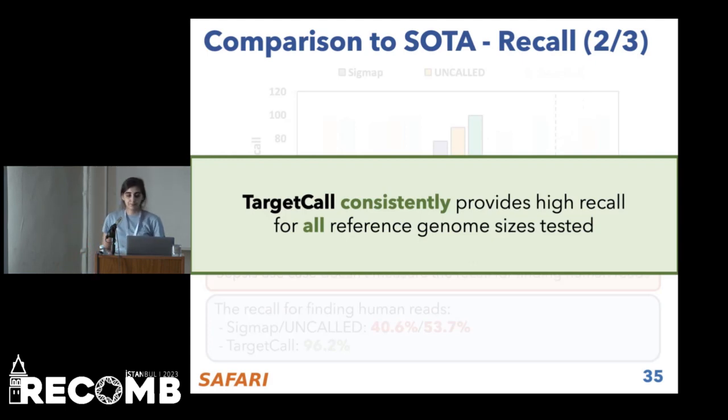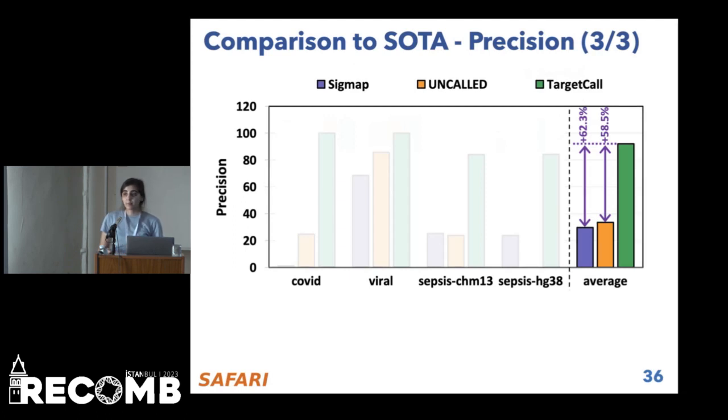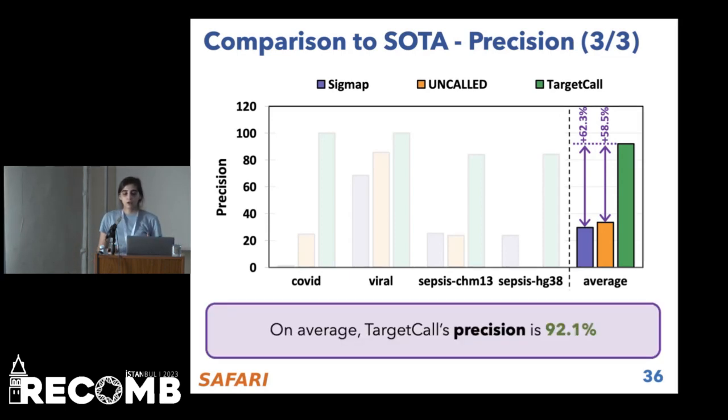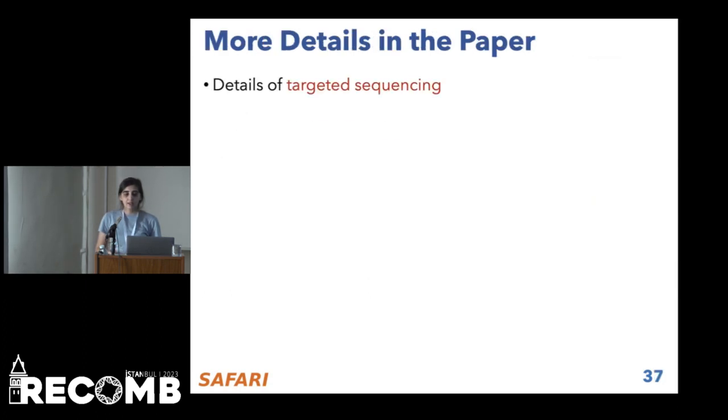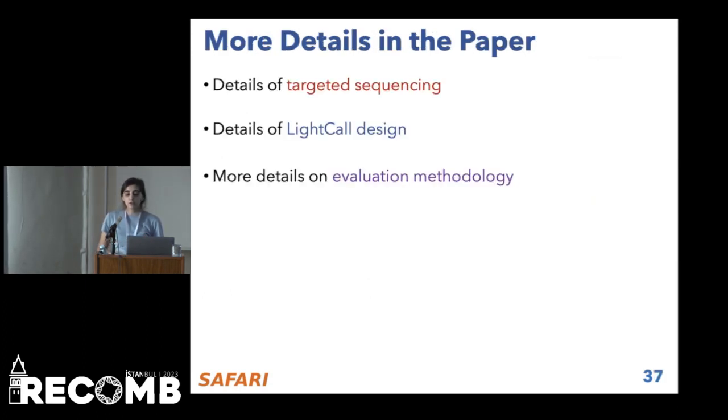And finally, we compare the precision of these tools, and here precision refers to the ratio of useful reads among all reads that pass the filter. First, we observe that our precision is quite high, more than 92% for filtering. And next, we show that on average, our precision is approximately 60% better compared to these tools. Okay, we have more details in the paper about details of targeted sequencing, different LightCall designs we have,